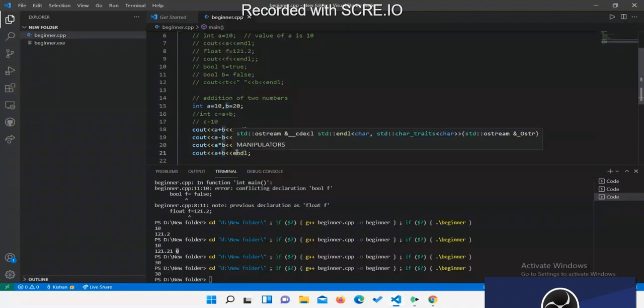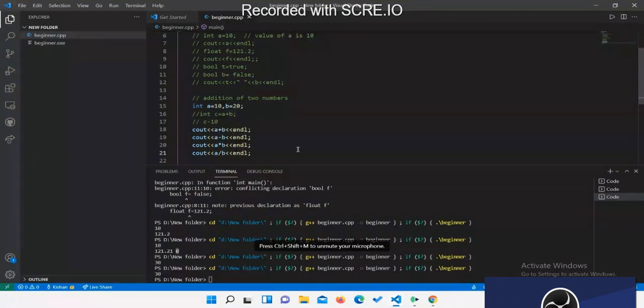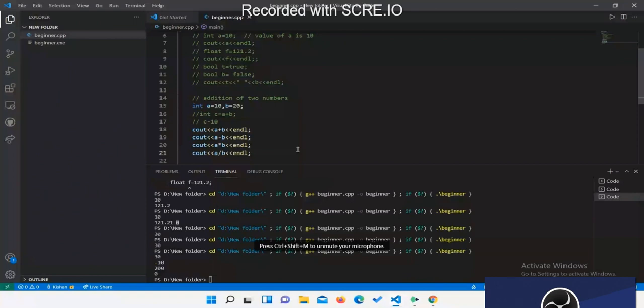And for division, let's see how it happened. So see guys, a plus b means 10 plus 20 is equal to 30. 10 minus 20 means minus 10. A into b means 10 into 20 is equal to 200. And here a by b means